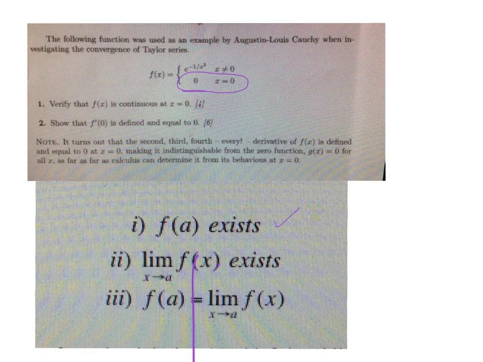In the second one, the limit as x approaches a exists. So in order for a limit to exist, it has to be equal on the right side and the left side. And so in other words, as you approach a from the right and you approach a from the left, then both of those values have to be the same for you to state that the